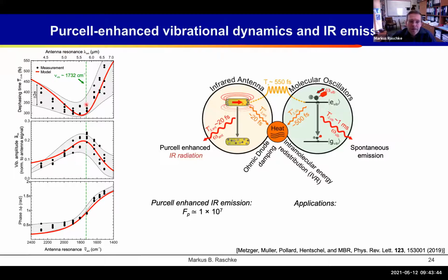This is not strong coupling, but what this corresponds to is actually that we have Purcell-enhanced infrared emission. And this is illustrated here. What are the competing pathways, which will also inform us whether and how to get into the strong coupling regime. So generally in the infrared spectral range, you have very long radiative lifetimes. And this is because of the huge impedance mismatch of this atomic scale oscillator with these multiple micron long wavelengths. So we are here at 6 micron. And so what is traditionally in electronic transitions, nanosecond radiative lifetimes, as you get into the infrared turns into millisecond